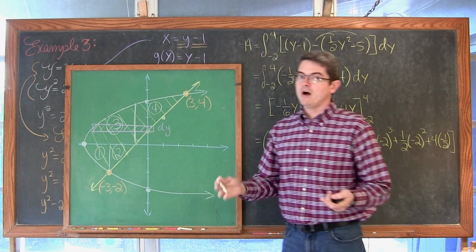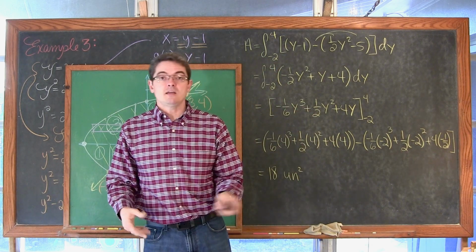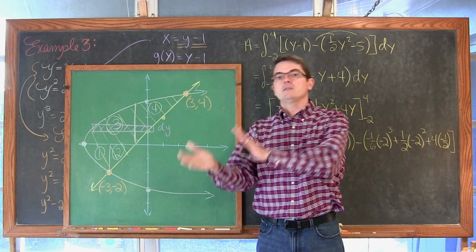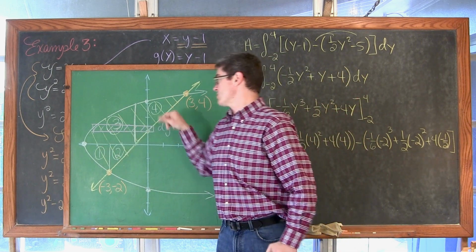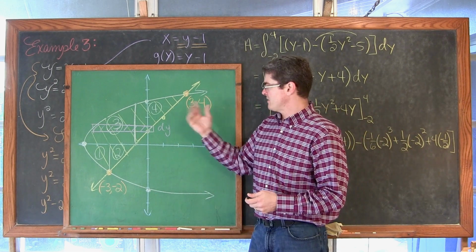So it'd be quite a bit of work to find the same answer of approximately 18 with the aid of a calculator, because you'd have to get it all in terms of y, in terms of x, and then find all those little pieces individually. So at any rate, at least that's how I would think about doing the problem.